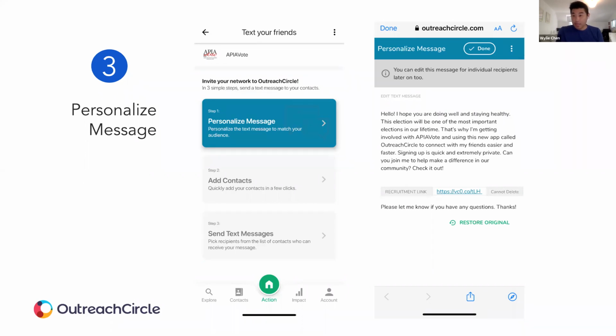We highly recommend that you personalize it in your own voice so that your friends know it's you, and it's coming more personally. Talk about why you're doing this, as quickly as a text. You don't want to be too wordy, but make it personalized. Say what you want, edit it, click done,